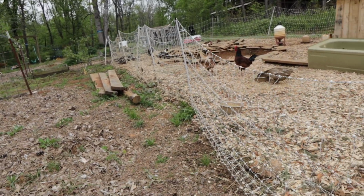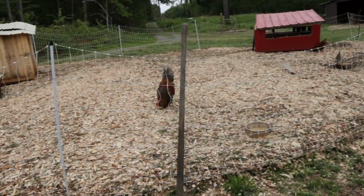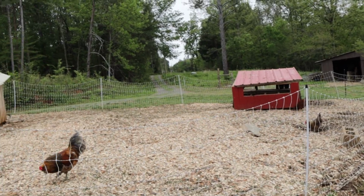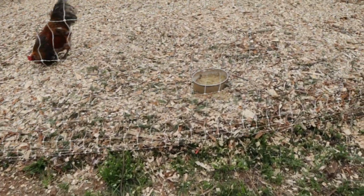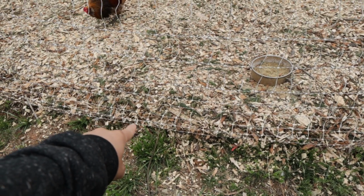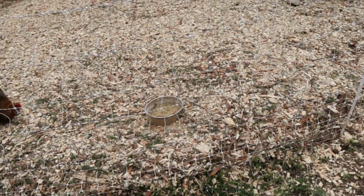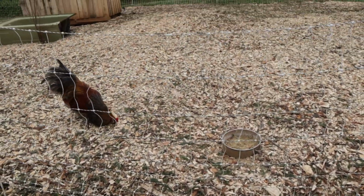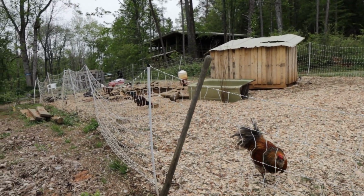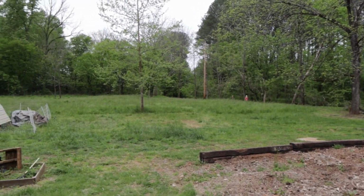But I do plan on building a solid fence around it and using this netting fence for something else, because it doesn't last. We really need to put a border up down here so that the shavings and all that stuff don't wash down, because it's on a grade as well. So we've got some work to do, but man, we've come such a long way in just 3 years. So it's pretty exciting. So this is our field